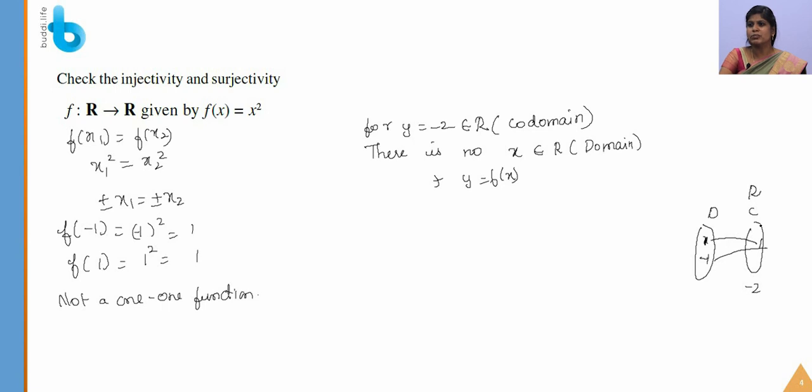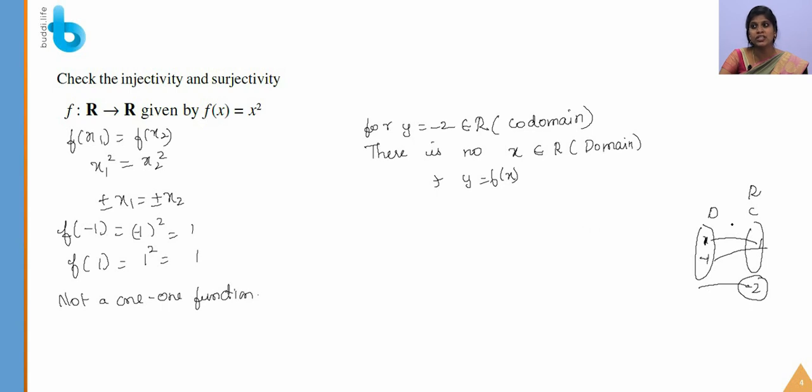See, our codomain is what? The set of all real numbers. Set of all real numbers means we will have positive numbers and negative numbers. Suppose I take minus 1, see, no element in the domain will be mapped to the negative numbers here because the function is a square function. Whatever number, whether positive or negative, if you take from the domain, on applying the function, on taking the square, you will have only the positive value. So the mappings are only to positive numbers. So no negative number in the codomain will have a pre-image in the domain. Therefore, it is not an onto function.